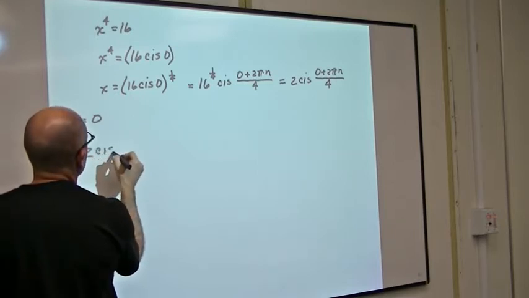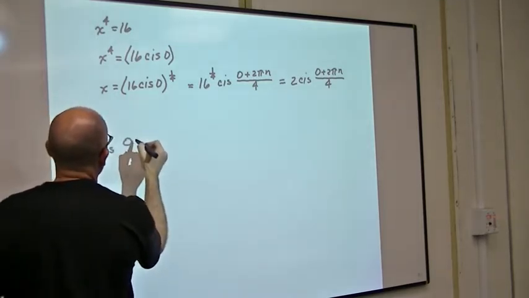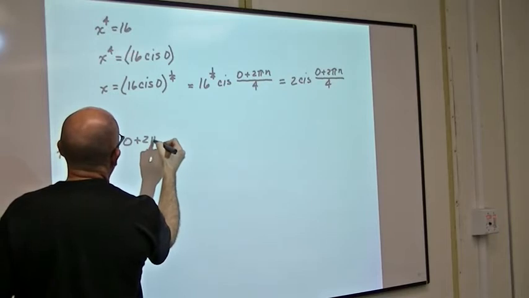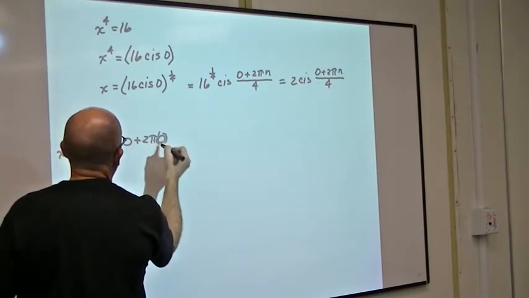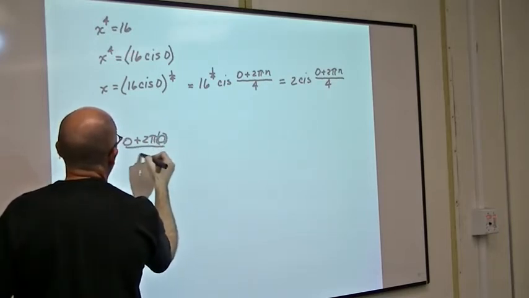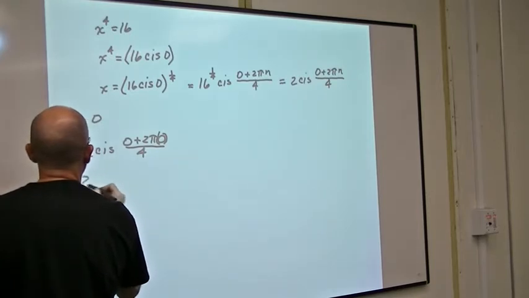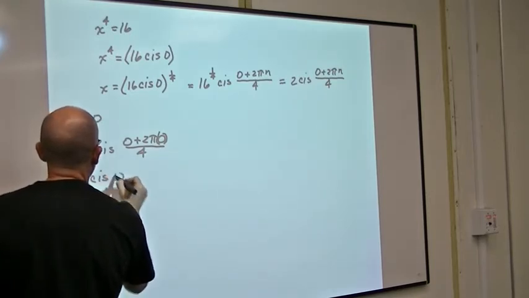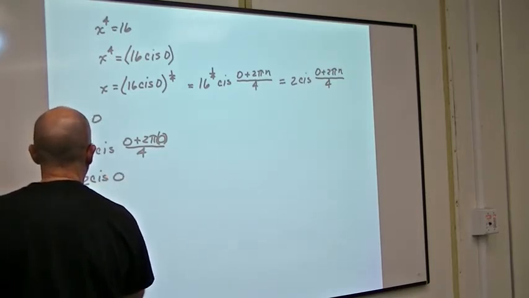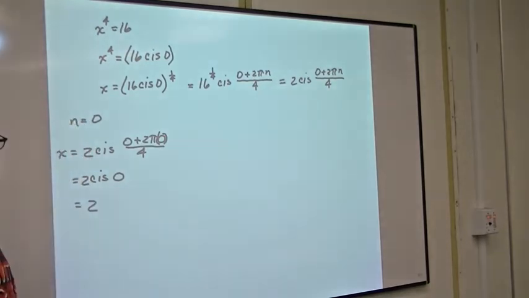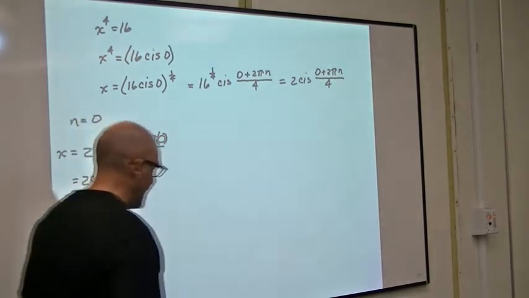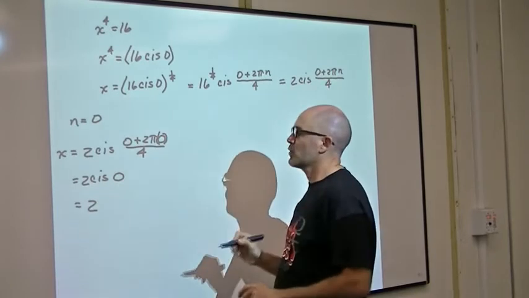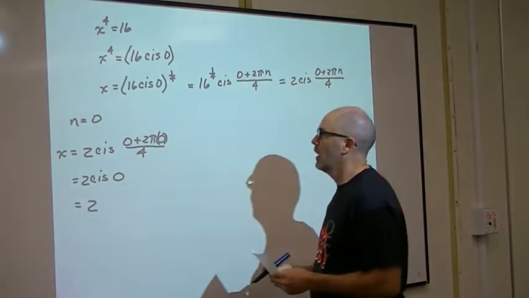2 cis 0 plus 2 pi times 0 over 4. So this equals 2 cis 0, which equals 2, because 2 at an angle straight to the right is just 2. Okay, now,